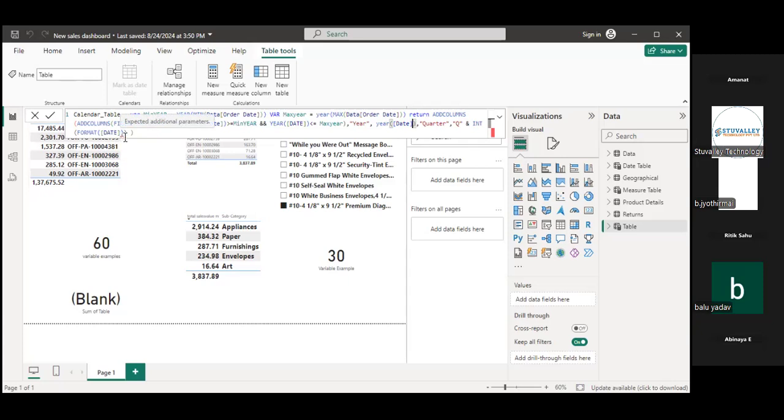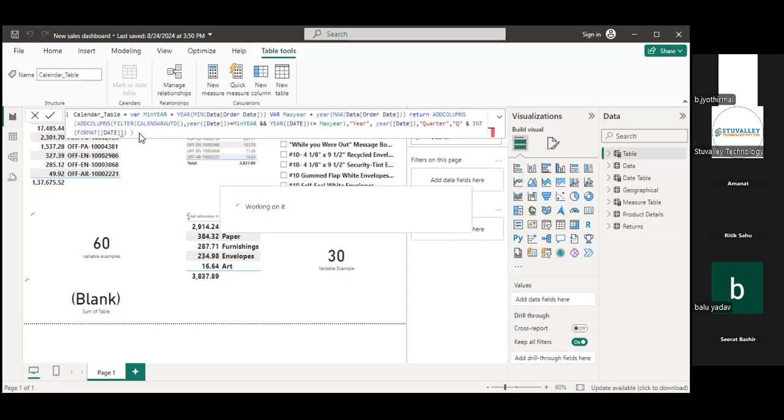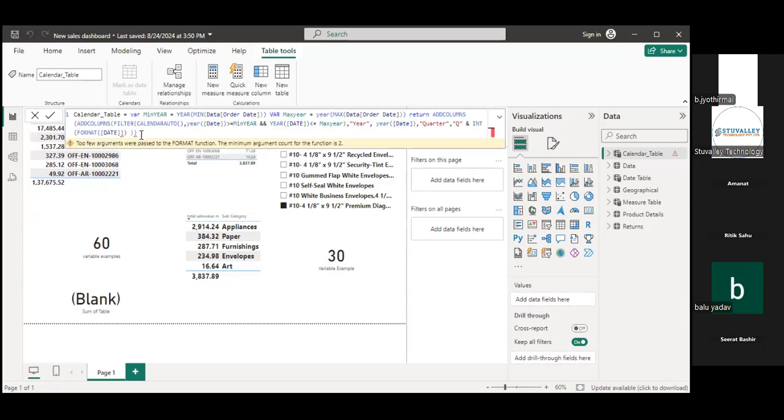One bracket is for date and one bracket is for format. You can enter. And the table. Why should it give me an error? One bracket for this date and one bracket for this format. Just a minute, guys.